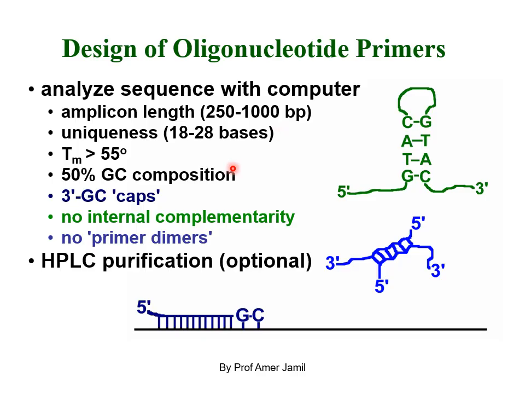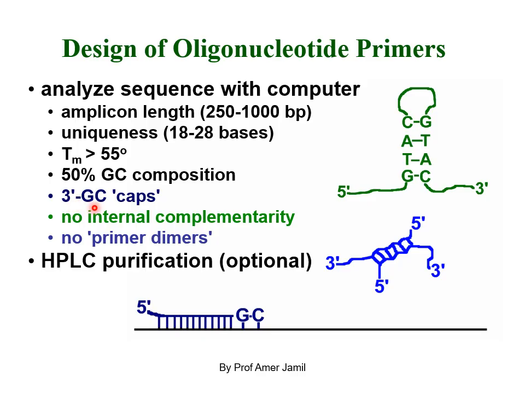The primer should be unique. 18 to 28 bases should be there, and melting temperature, the temperature at which half of the DNA is melted, ideally should be more than 55 Celsius, and 50% GC composition of the primer is recommended, and there should be GC caps at the 3' end of